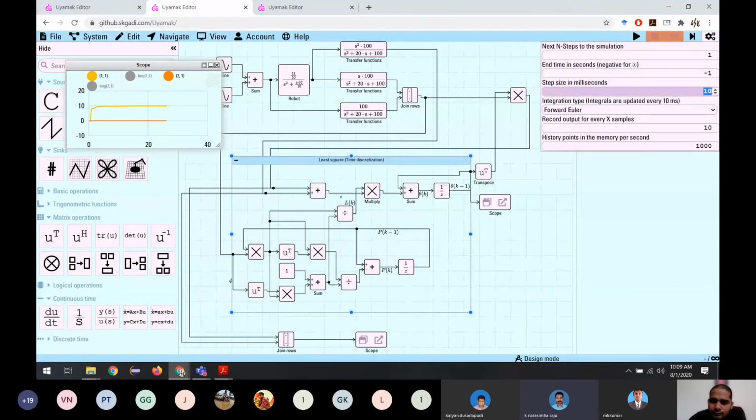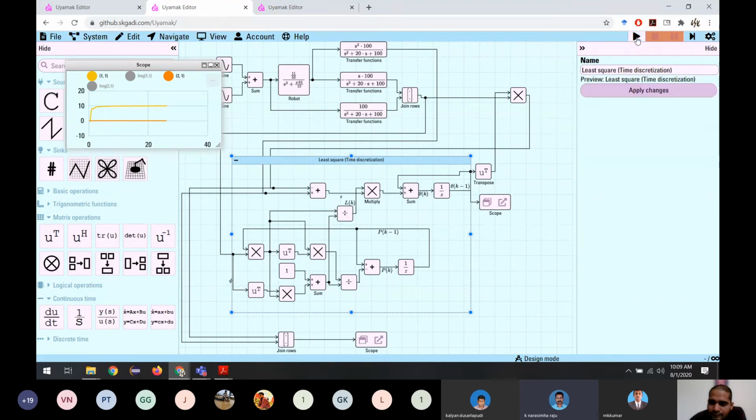Because when we go for simulation in MATLAB, we just go for one microsecond and we do a lot of simulations. But is it realistic that we do such a finite step, such a small step, or are realistic time steps only around 1 millisecond or something like that?